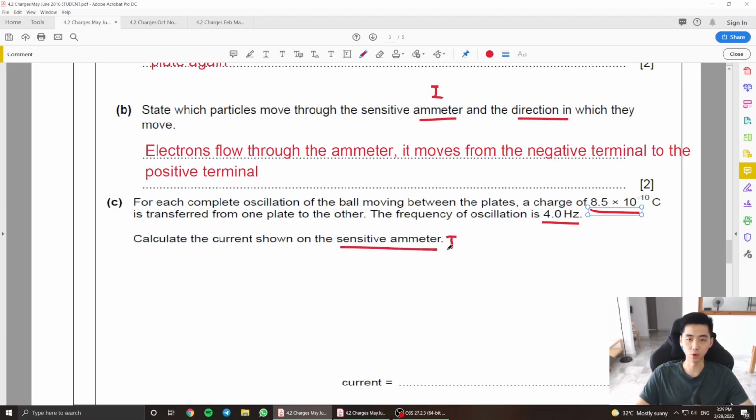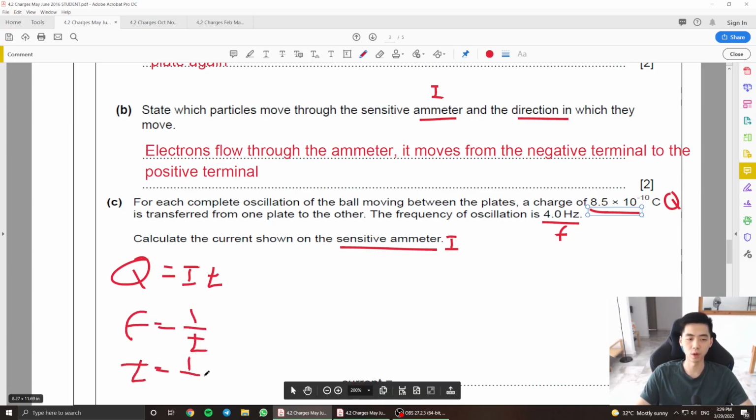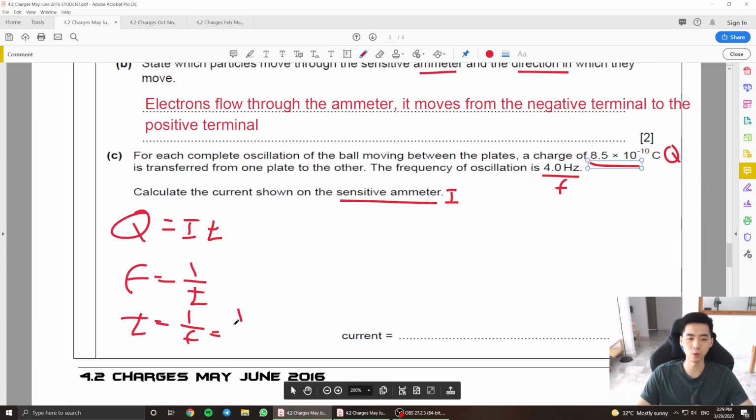So I'm basically looking for current, right? But I'm given Q and frequency here. So in order to find this I here, I'm supposed to employ the Q equals to IT, but I'm missing the T component. I can find the T component by understanding that frequency is equals to 1 over period, right? So in other words, time would be 1 over frequency, which is going to be 1 over 4, which is